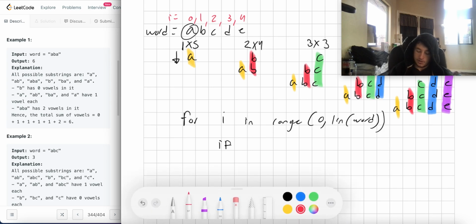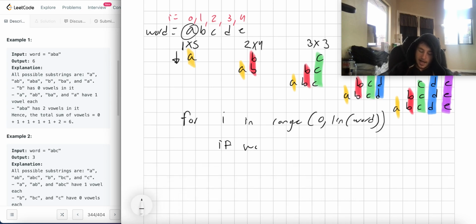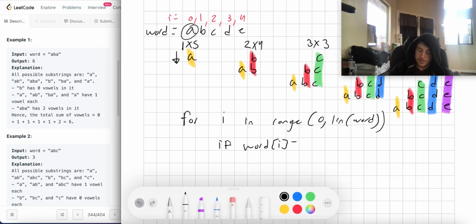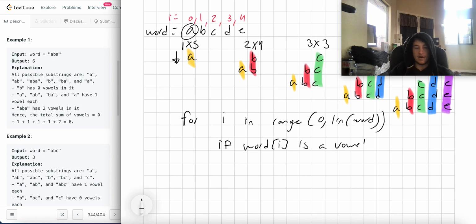If the letter that we're looking at, so if word at I is a vowel, meaning it's either A, E, I, O, or U, or sometimes Y, then we'll figure out how many substrings it will end up in. Well, how many substrings will A end up in if it's a vowel? Well, 1 times 5. How do we get that? We'll have some answer variable equals 0, plus equal,